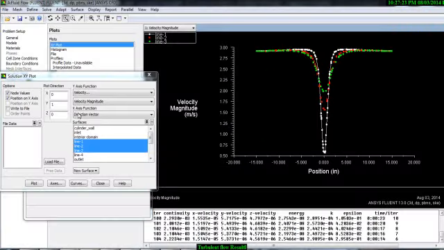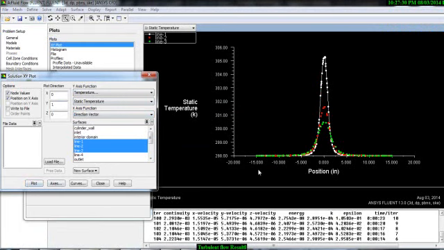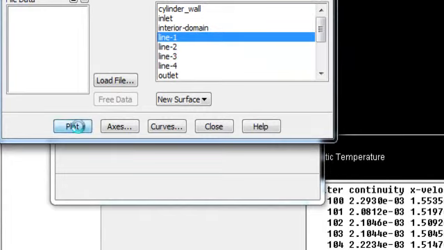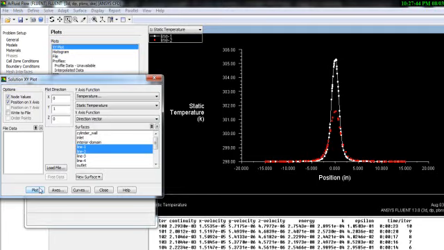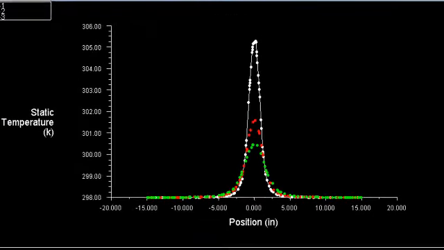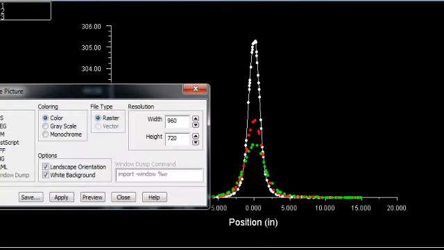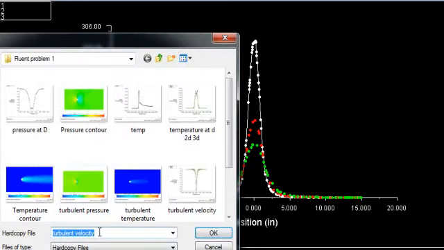Let's say we want to draw the temperature. So go to temperature, static temperature, plot. So this is the temperature distribution. For 1D, this is here. You have maximum increase of the temperature, 305 degrees Kelvin, for line 2 and for line 3 here. So you can see the temperature at the downstream location. If you want to save this, you can save this here,